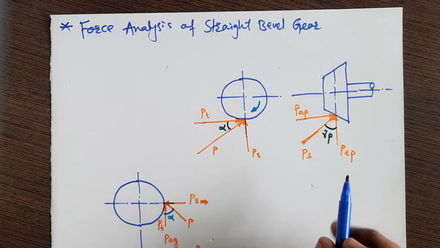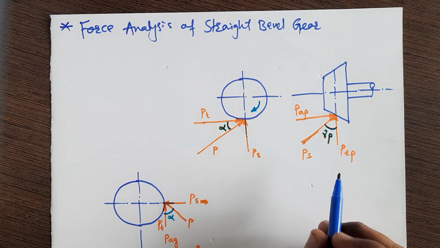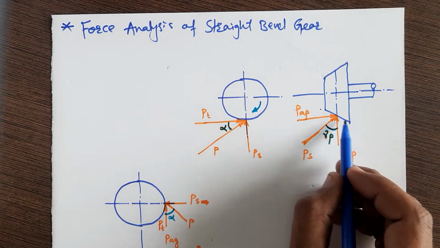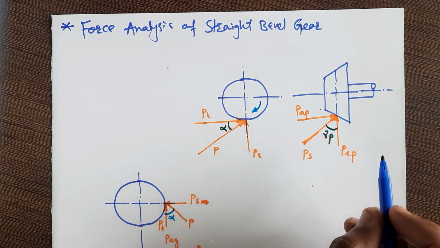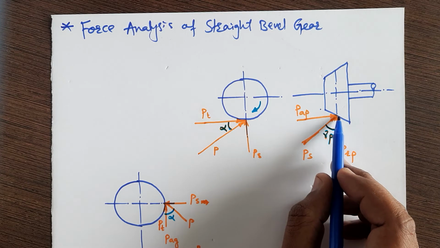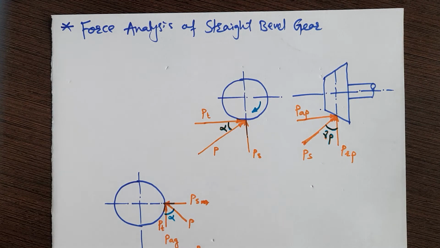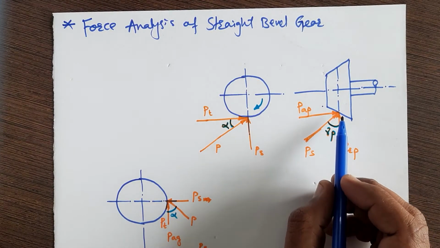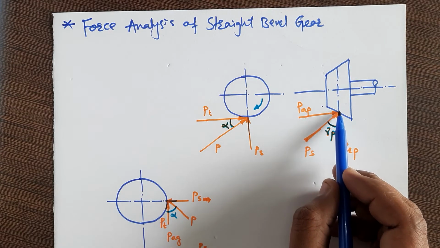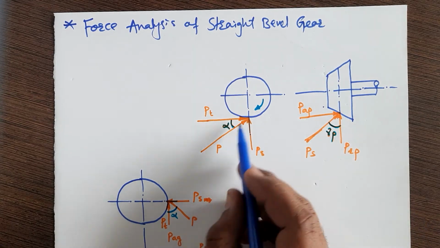Okay, so here we are assuming that the resultant tooth force between the mating teeth is concentrated at the midpoint of the face width here. But in actual, it occurs between the midpoint and the large end, somewhere in between, but for making this assumption, a very small error will be there. Okay, so for this analysis purpose we are assuming that the total tooth force is acting at the midpoint of the bevel gear here.